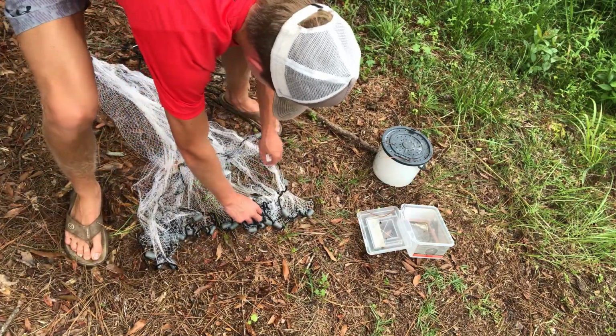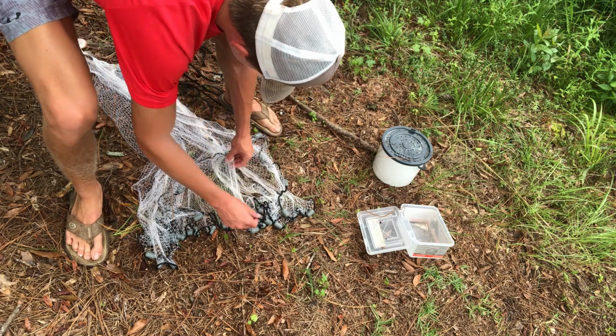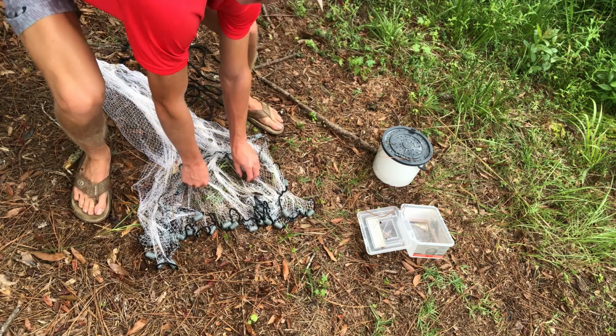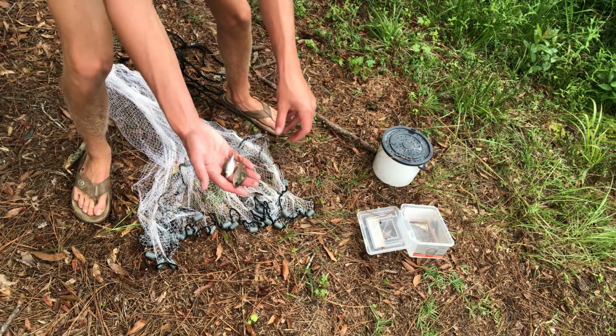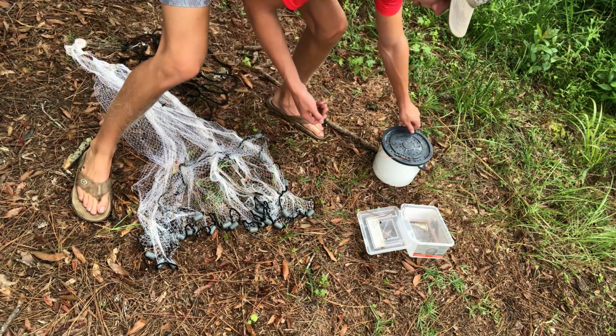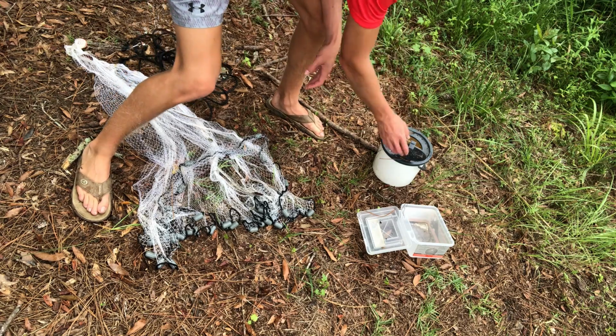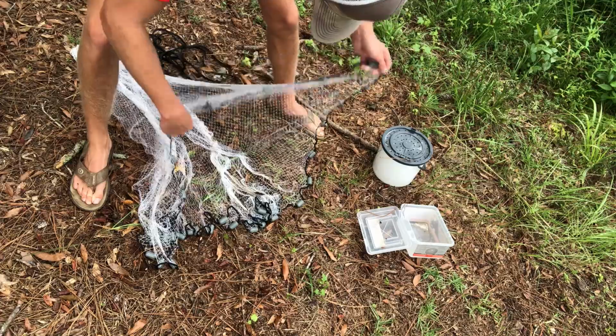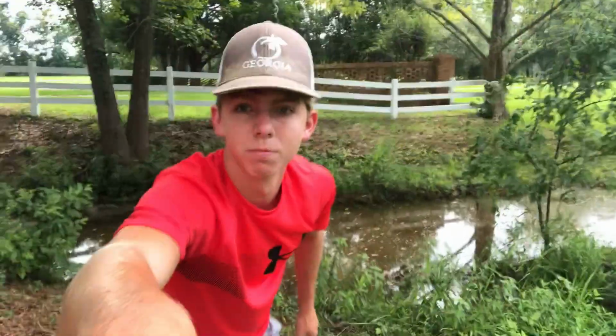Okay, there's one bluegill. There's another one right there. Can you see that? Two little bluegill. Gonna pop them in the bucket. Is there any more? Okay. I think that's it